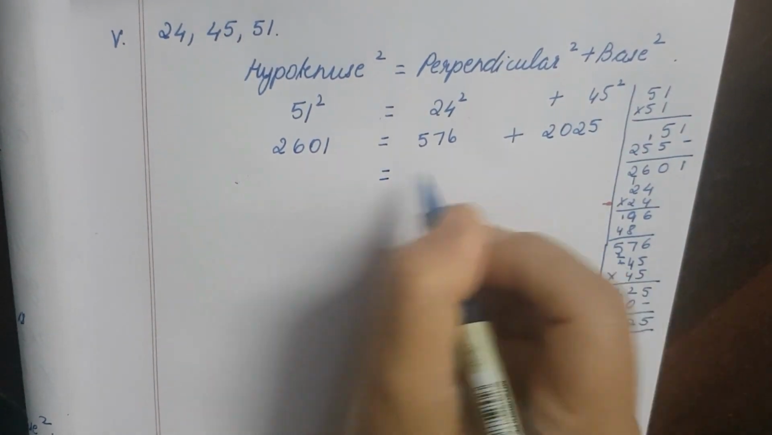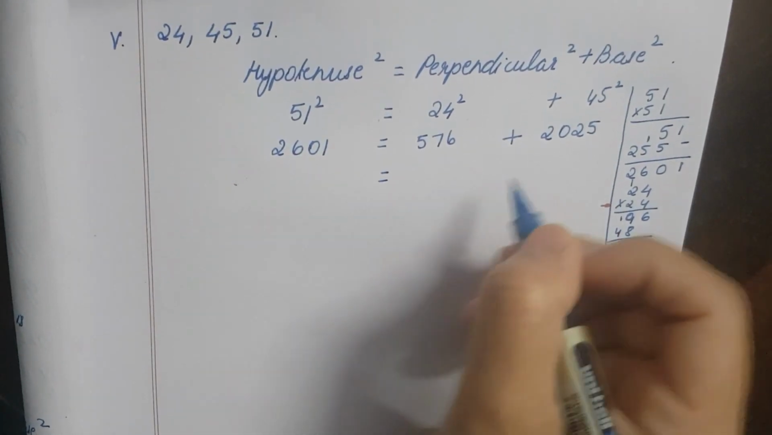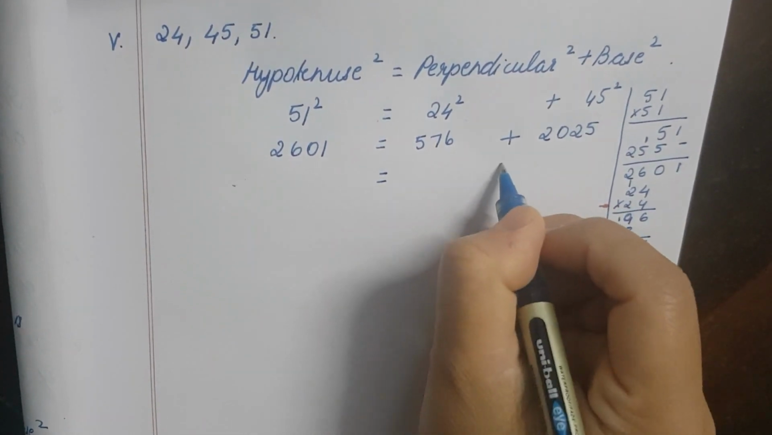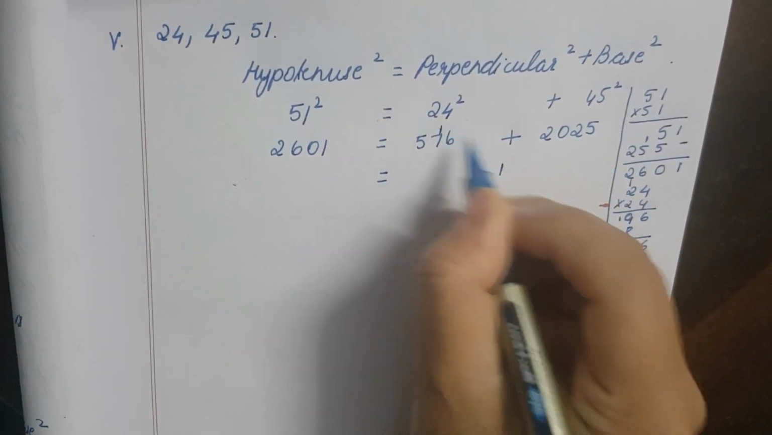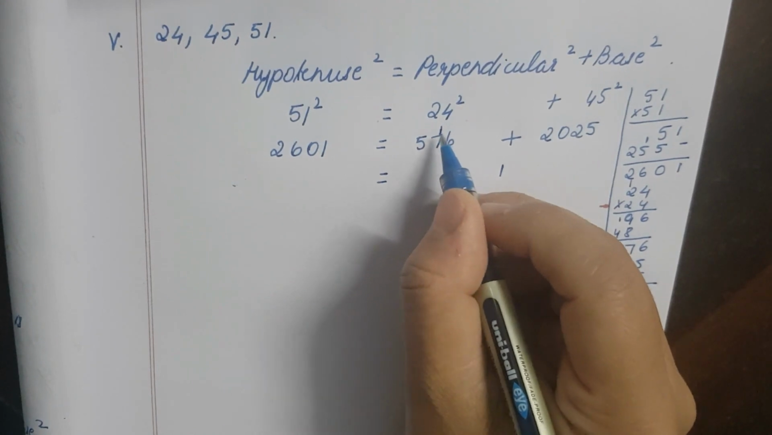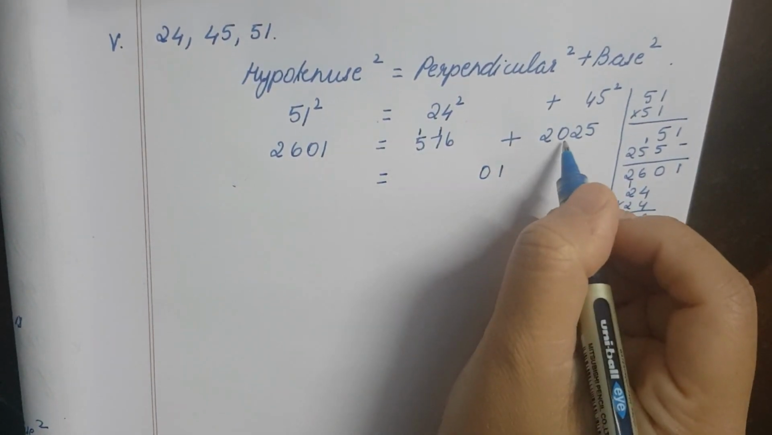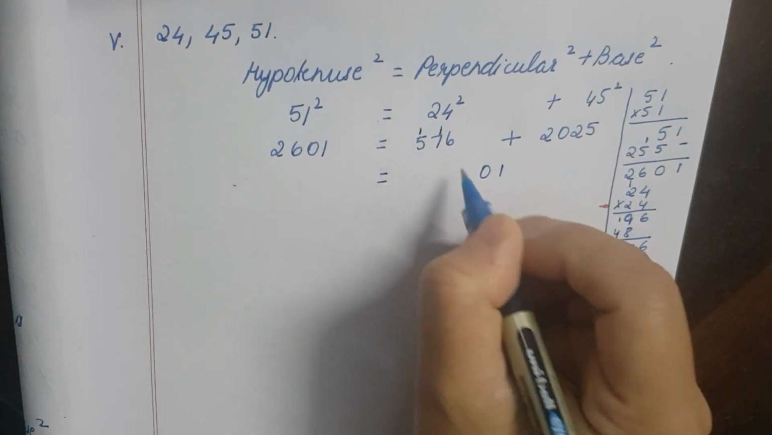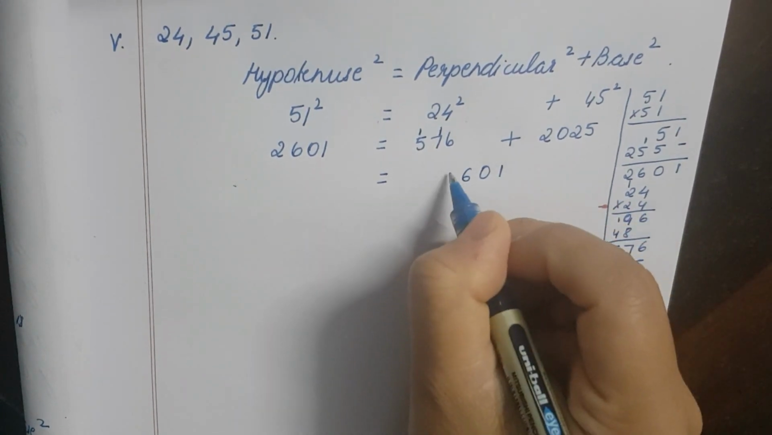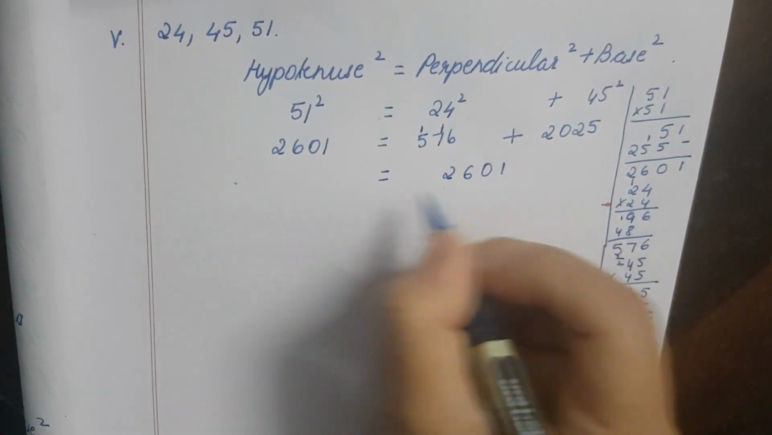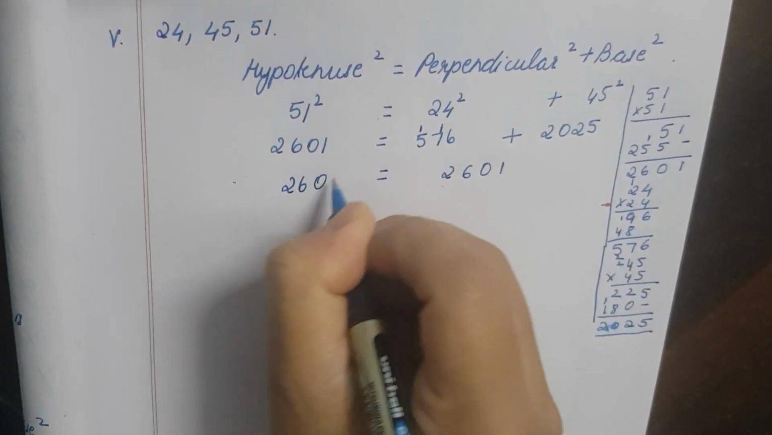So now if we add these two, we should get 2601. So 5 plus 6 is 11, 1 carry up. 2 plus 7 is 9, 9 plus 1 is 10. So 0, 1 carry up. 0 plus 5 is 5, 5 plus 1 is 6. So the balance 2 comes down as it is. So it is 2601. So it is equal. So now we can write here